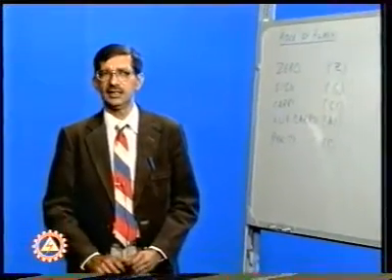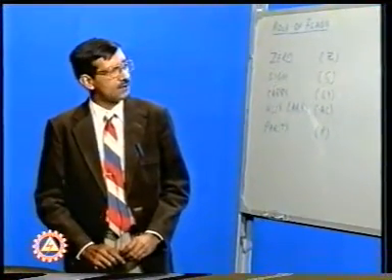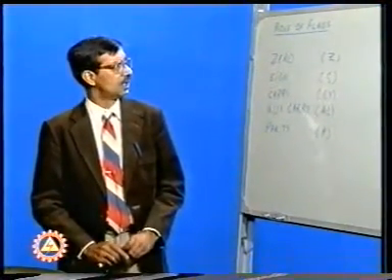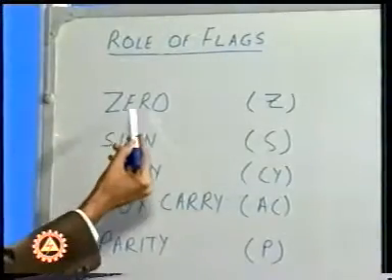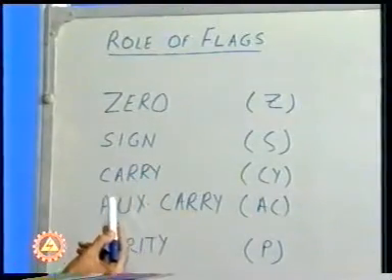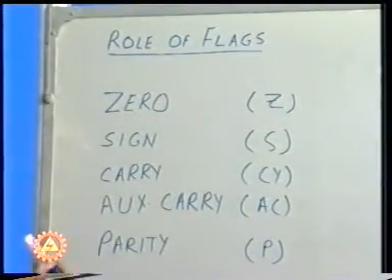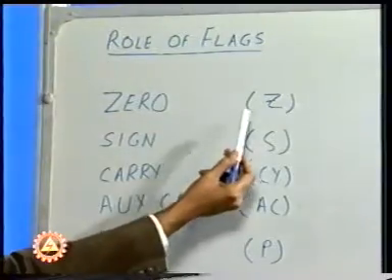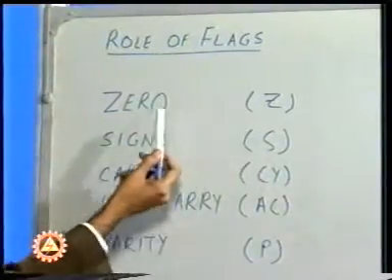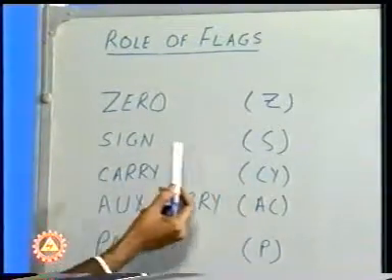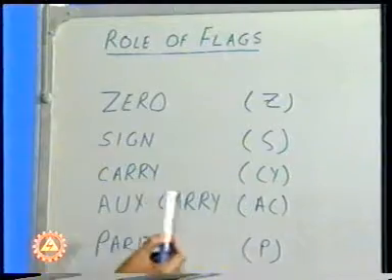You are already aware that the 8085 microprocessor has 5 flags which can be used. Their importance is appreciated when branching is to be done. The 5 flags available to us are the zero flag, the sign flag, the carry flag, the auxiliary carry flag, and the parity flag. These are designated as Z flag for zero, S for sign, CY for carry, AC for auxiliary carry,